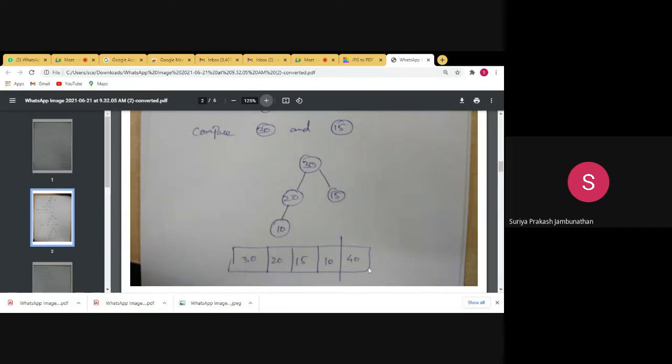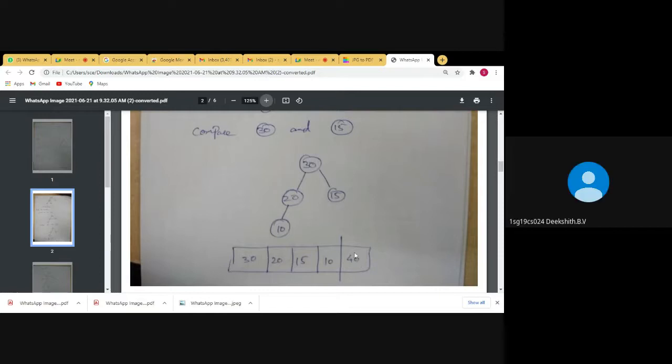This is extra space because the 40 was deleted. Listen carefully. Whatever node is deleted, we can keep here. This does not come under the heap. This will be the extra space. We are putting the reference value in the memory. That is not the heap. The heap is 30, 20, 15, 10. What the diagram shows is the actual heap we are having now. The 40 is the deleted element. Until this, the heap was there. This is the extra space, and in the extra space we are storing the 40.